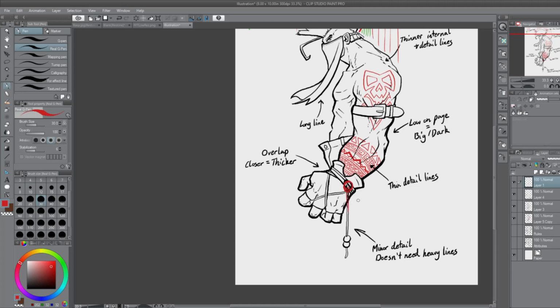And because it's in the background, again, the rule of overlap says I can get away with using really thick lines here and thinner lines here. They might be able to be thickened up a little bit, but I don't have to do that. It still reads okay. Now, if there were more stuff back here, like if we put in actual legs or something for this character,